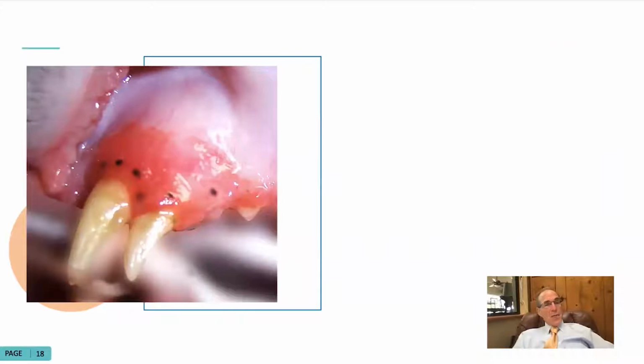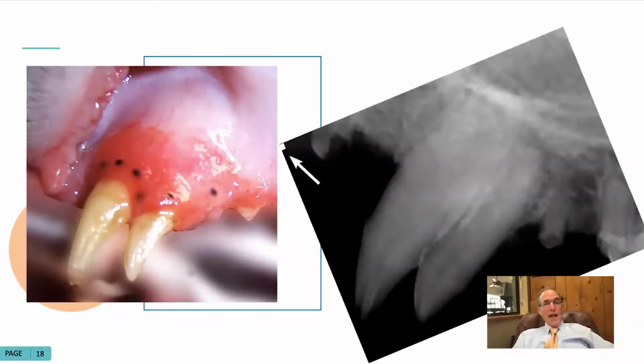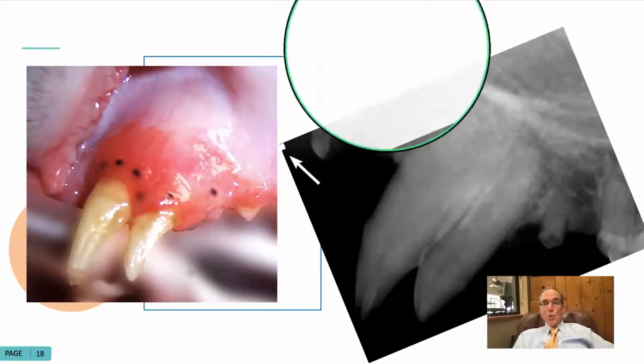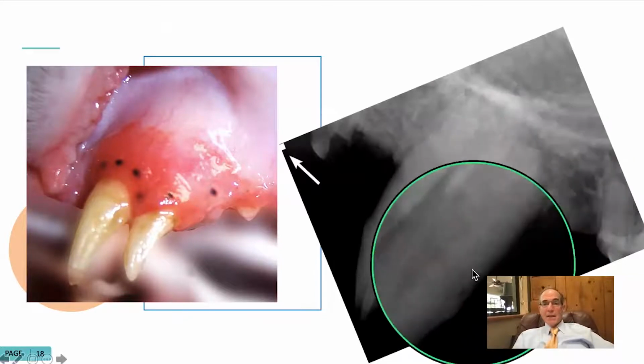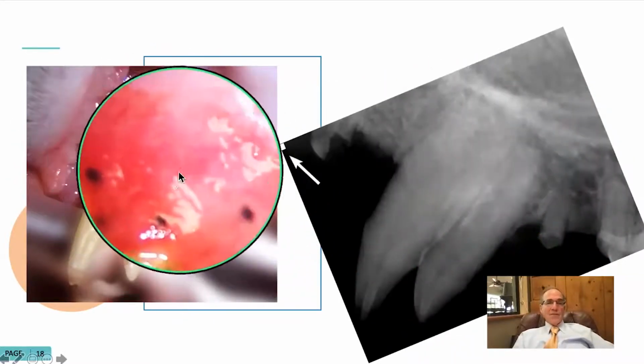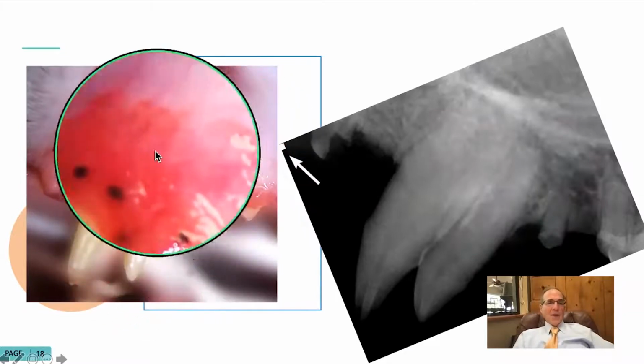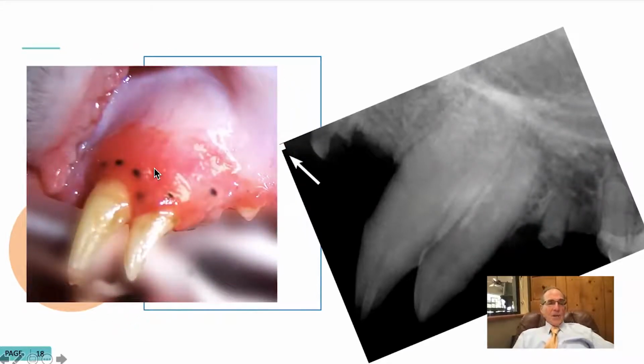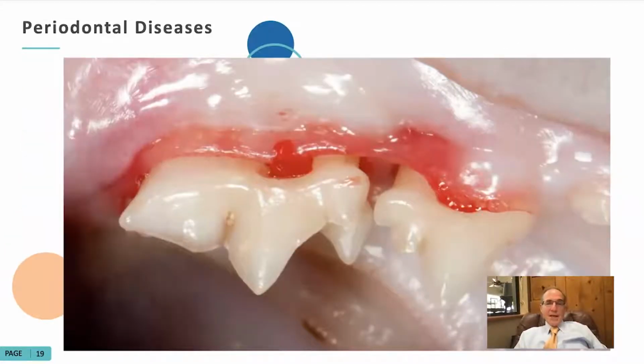Now, in this scenario, this is a cat that is a lot older, and you take a radiograph and look what you have. You have two adult canine teeth. So this is a supernumerary canine tooth. And because they're both inflamed, I would certainly take out the back one. I'd probably take out the front one also. So the cat wouldn't have to live with that inflammation that's probably causing dull pain. So that's congenital. Let's talk about periodontal diseases.